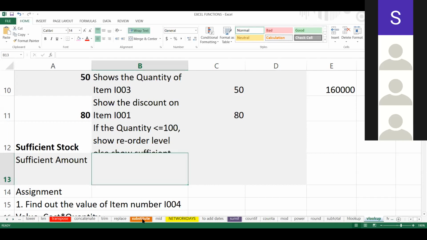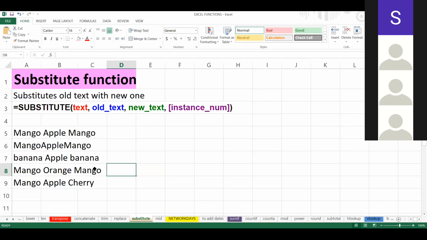Substitute function. This is the next function, very simple function to use. Equal to SUBSTITUTE, what arguments does it require? Text, old text, new text, and which instance of that text you want to change. Means it substitutes one text with the other. For example, we have mango, apple, mango, and I say equal to SUBSTITUTE.